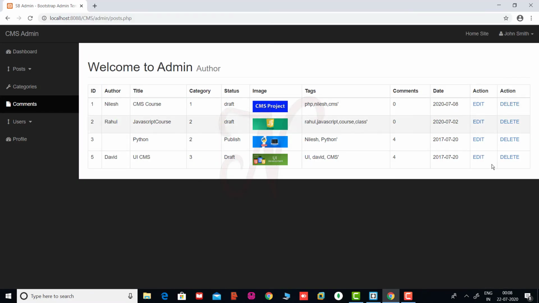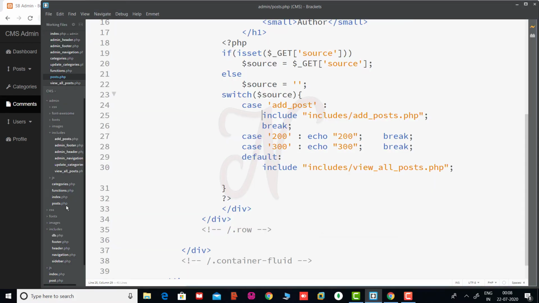So see here, these are the two links. Okay, so if you click on this delete link, see here URL delete equal to 1. So here again delete equal to 5, delete equal to 3. So this id is passed to the post.php file. So we get this id by using this delete name in the $_GET global variable. So going to this post.php file.